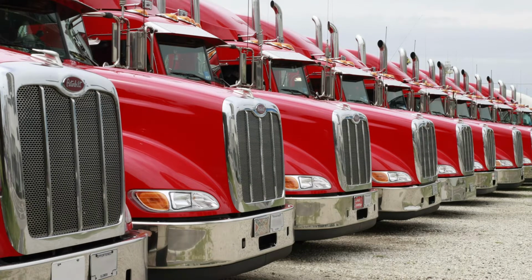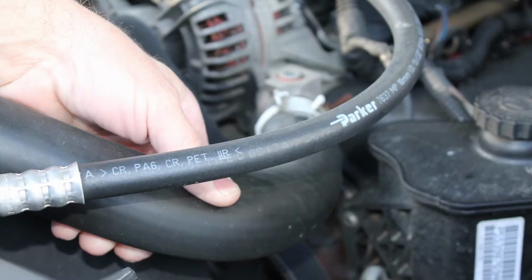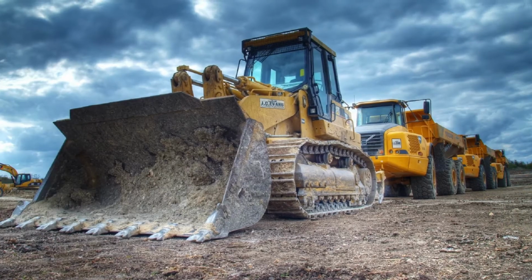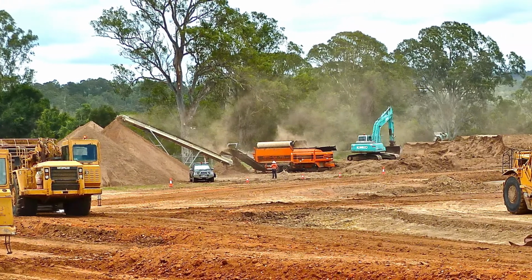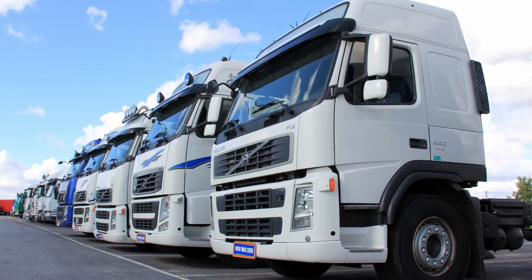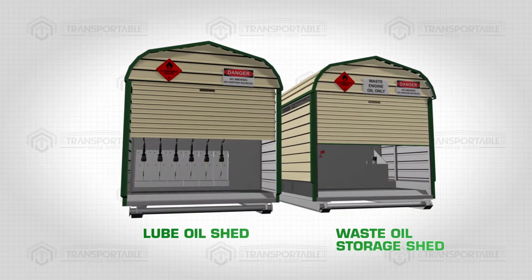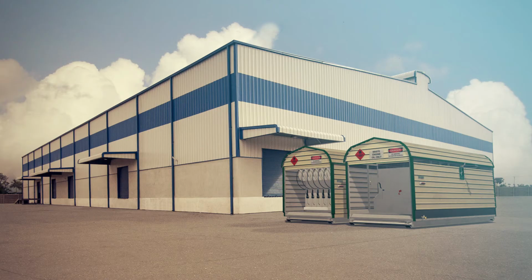We can provide a practical solution for servicing vehicles that meets regulations and standards. Our solution gives you the convenience of on-site storage and the benefit of safe, easy and efficient oil management. Presenting the Lube Oil and Waste Oil Storage Sheds, consider our oil storage solution for your maintenance and oil management